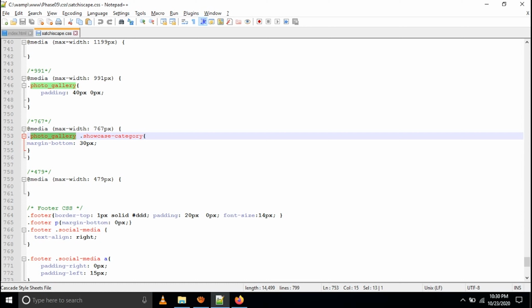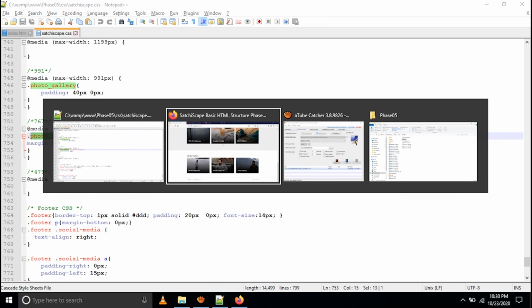It will also affect the showcase class. So I am using this code from the showcase code, but I am using it for the photo gallery. That's why I write photo_gallery, and under it there is a code called showcase-category. That code is going to apply at 767 margin bottom 30 pixels.